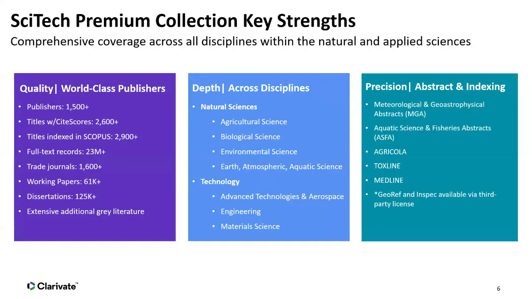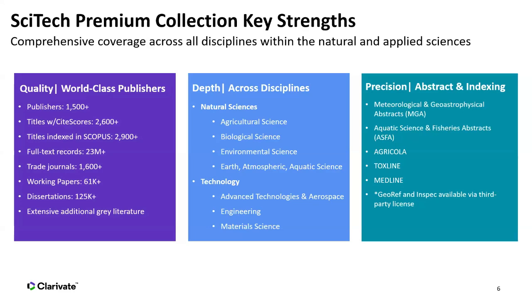And the SciTech Premium Collection provides comprehensive coverage across all disciplines within the natural and applied sciences. Key elements of this collection are quality, depth across disciplines, and precision indexing of the content. Not only does the collection include scholarly and peer-reviewed articles, but it also includes sources like working papers and dissertations that provide the latest thinking on topics, as sometimes it can take some time for peer-reviewed articles to make it